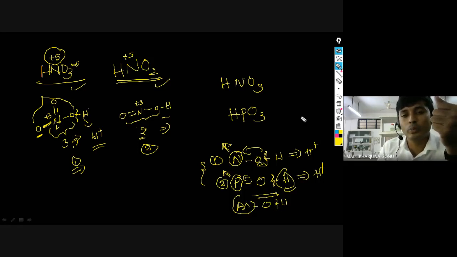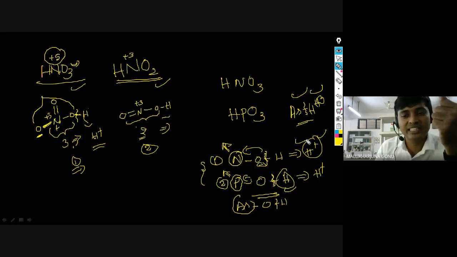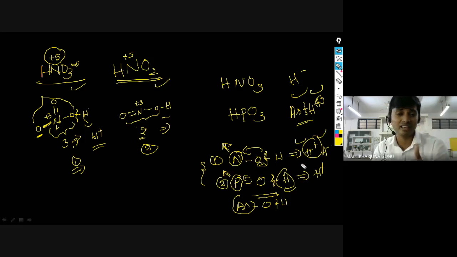But if you go down the group, what is happening? When hydrogen is directly attached, this can be broken easily and H minus can be given. Here I am talking about H minus giving, which is not the acid one. H plus giving is the acid. This is the reduction property. This is the acidic character. So H minus, H plus, don't get confused. If you are having confusion, please ask me now. That's how H plus is giving and the acidic character is increasing.